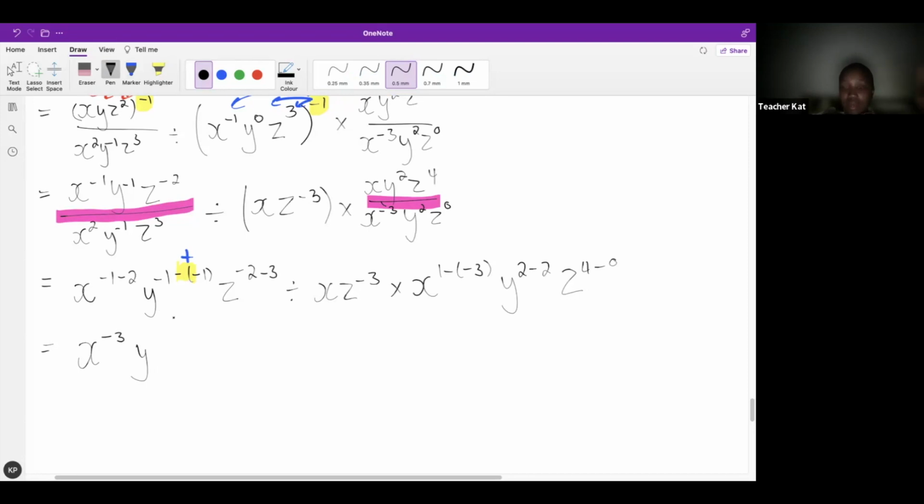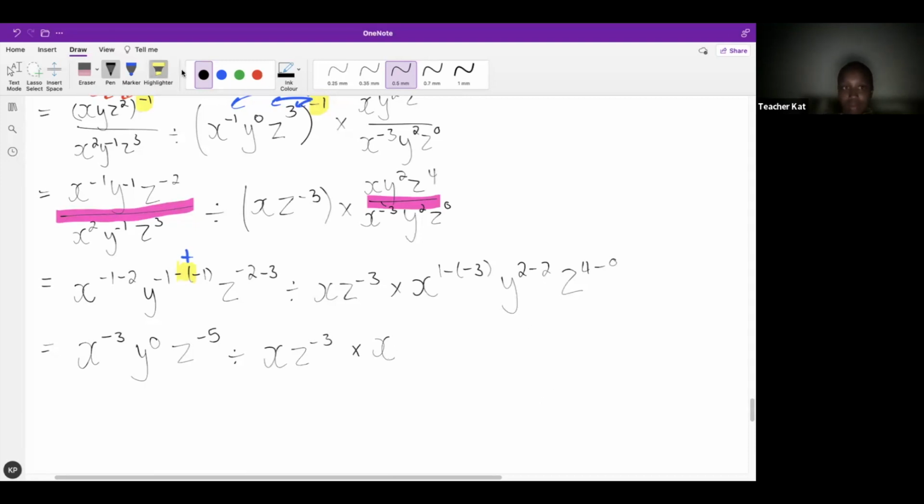Negative 1 plus 1 is 0. And then z to the power of negative 2 minus 3, it's negative 5. Divided by x, z, negative 3 times x is going to be to the power of